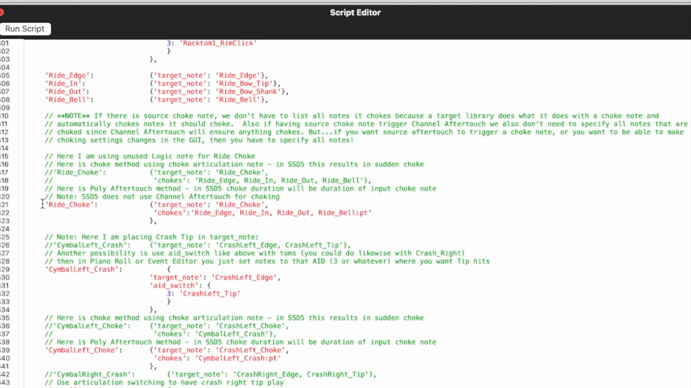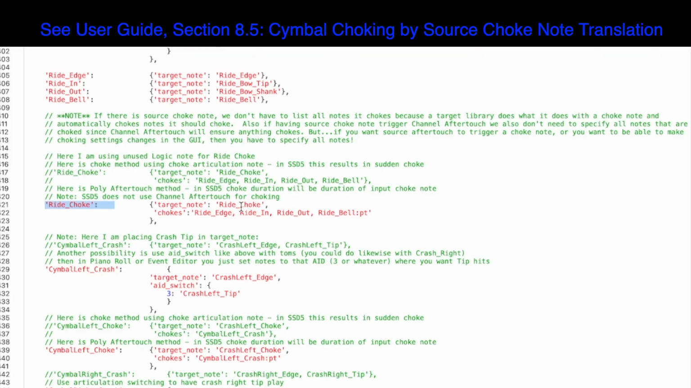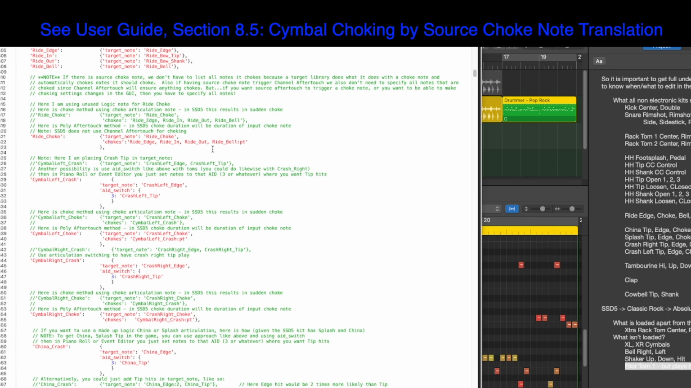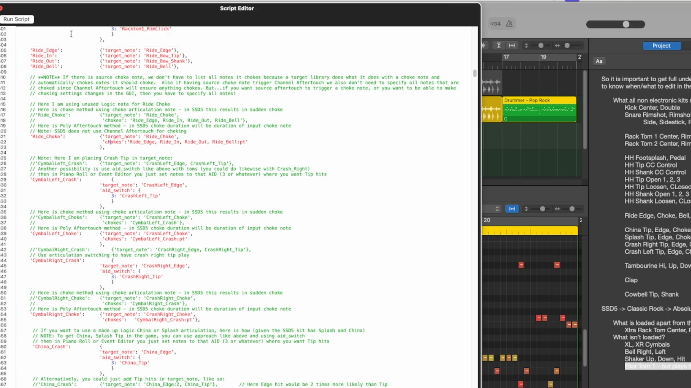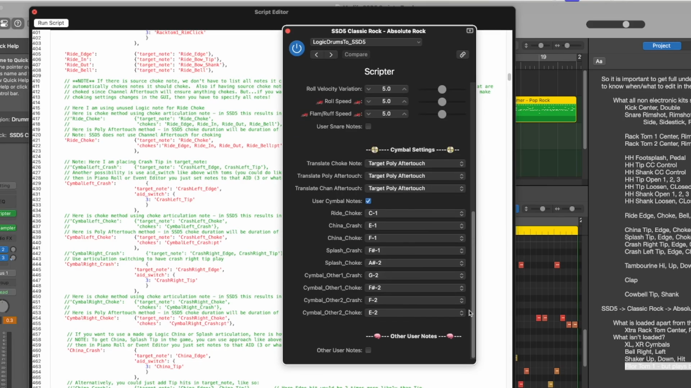And even though Logic doesn't have a ride choke, we're using an unused note in Logic, so we can trigger the choke in Steven Slate Drums 5. Steven Slate Drums 5 can do cymbal choking in a variety of ways. The script, by default, assumes poly aftertouch, but you could change that. If you wanted a Logic choke note to